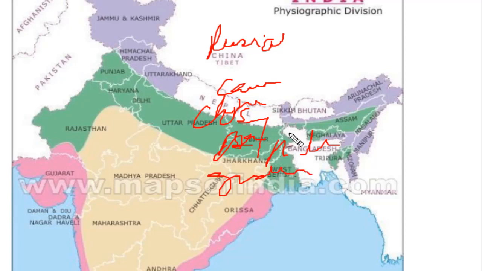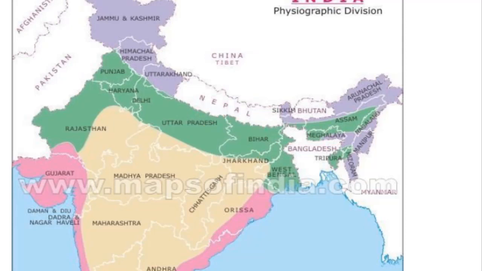And if we talk about the countries with which India shares boundaries, there are several. India shares land boundaries, and sea boundaries are shared by the Indian Ocean. In land boundary, India shares with Pakistan in the west, Afghanistan in the northeastern side. It shares its boundary with Nepal, China, Bhutan, and here it shares a boundary with Bangladesh. And Bangladesh is the country with which India shares the largest land boundary, which is around 1600 kilometers.